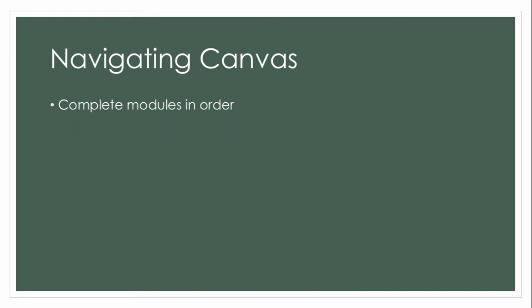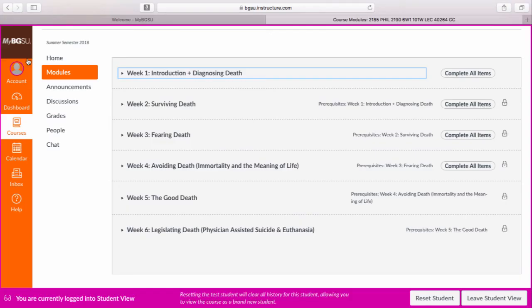We have to cover the same amount of content and material that we'd cover in a general 15 or 16 week semester. So there's a lot to fit in. I think I've arranged it in a way that will be accessible to you. There are 6 weeks in the class and 6 modules, and each of the modules have content. That content includes things like readings, videos, discussions, and activities for you to complete, and you're going to have to complete this in order. When you log into Canvas, you'll see that everything comes up under the modules page.